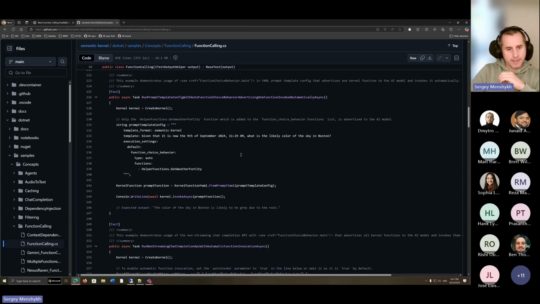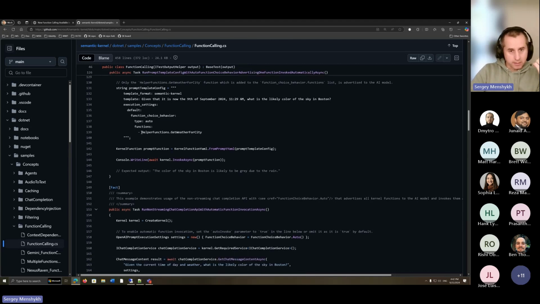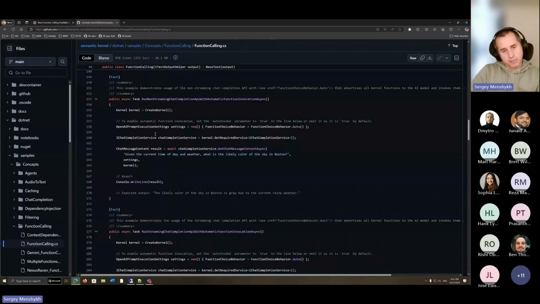Similarly, you can reduce the number of functions that are going to be advertised to the LLM by specifying the list of the functions you want to be advertised to the LLM. So in this case, we are only advertising get weather for city, and only that particular function specified in this list is going to be advertised to the LLM. What else? The next sample is showing how you can do the same with auto function choice behavior, but instead of using the